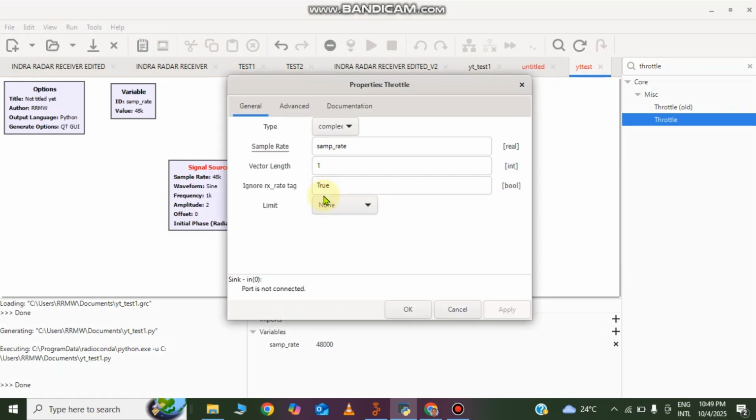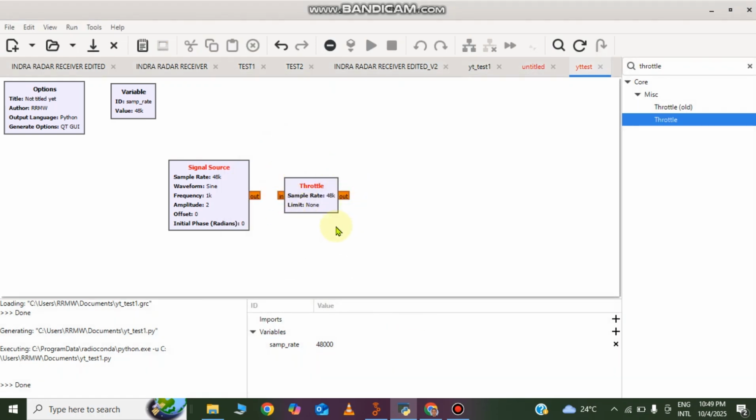You can double click and then change the data type to float. Click OK. Now the colors change to orange. The next thing I need to explain is you need to connect these two blocks. How you connect? You first click on one of these interfaces and then next click on the other interface. Then these two blocks are connected, and as you can see, the color of the title changed from red to black. Okay,